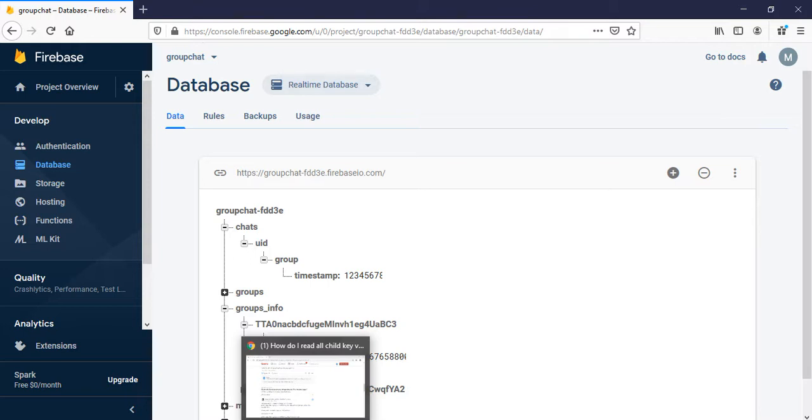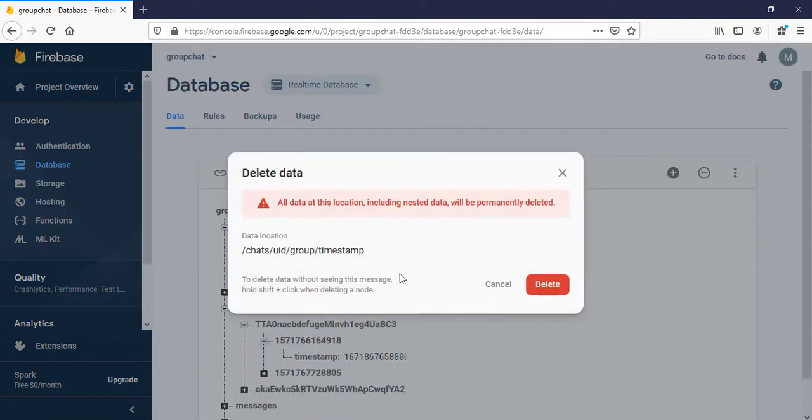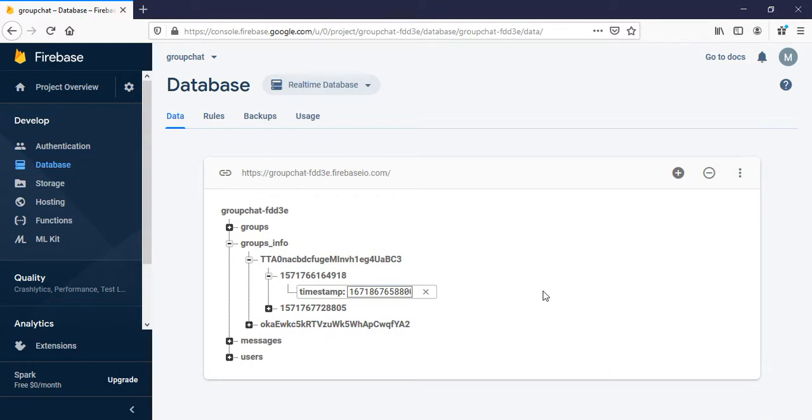But this is the record of joining time, and this is every time maintaining. So this is the difference here: this changes when our data changes in our message, while this will be permanent. It is the timestamp when we join that group. Let's remove all those chats as our work has been completed. Now we will